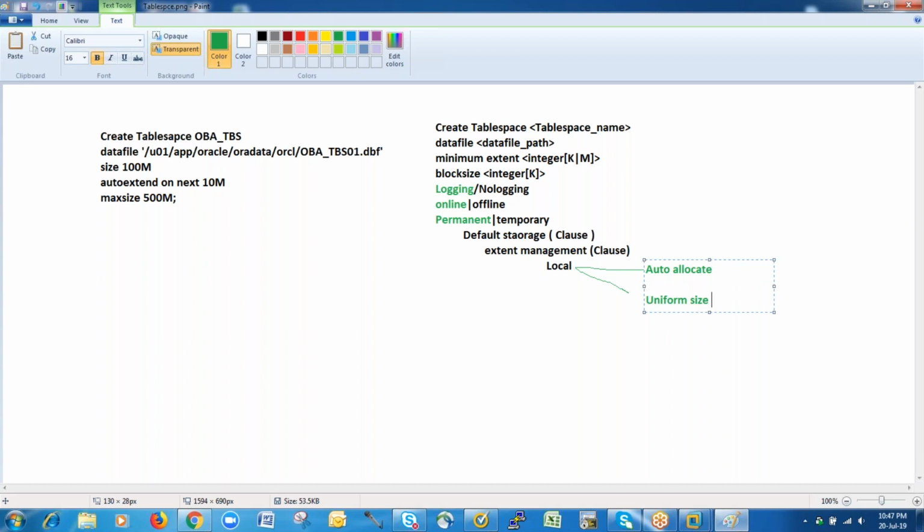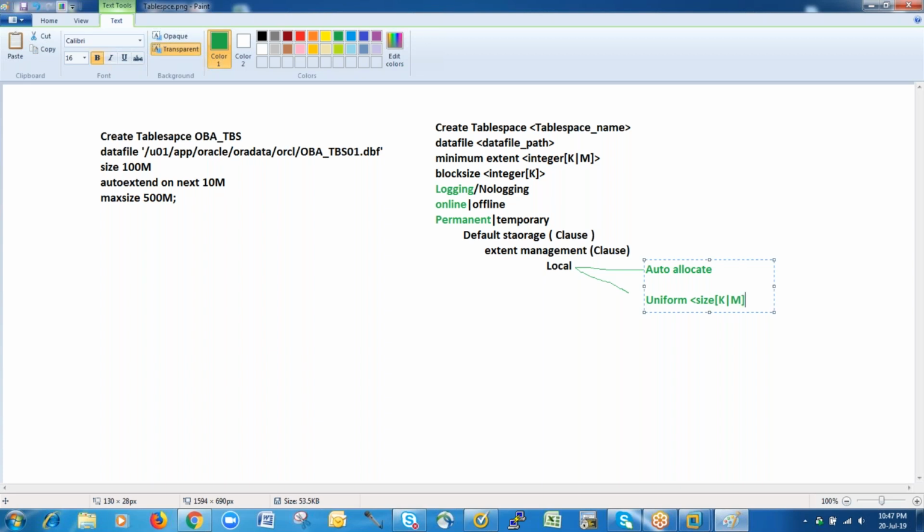You will give the size, in k or m, whatever size you want, size and thereafter k or m,